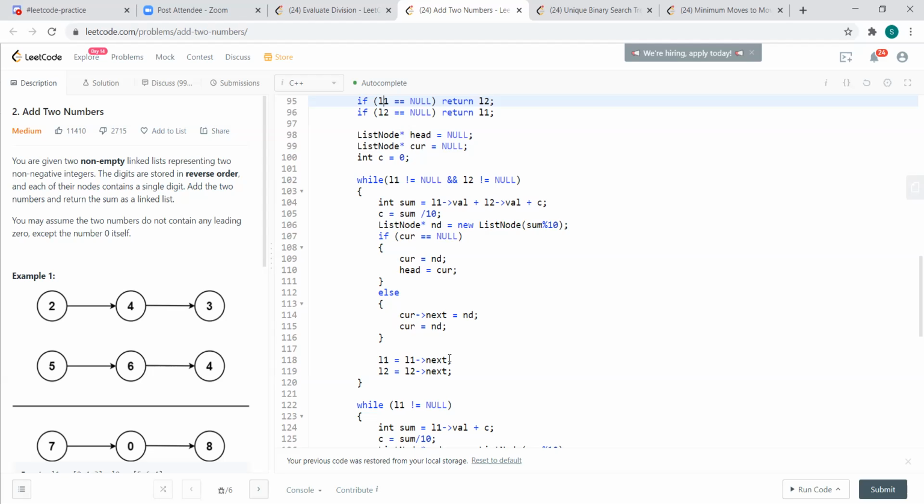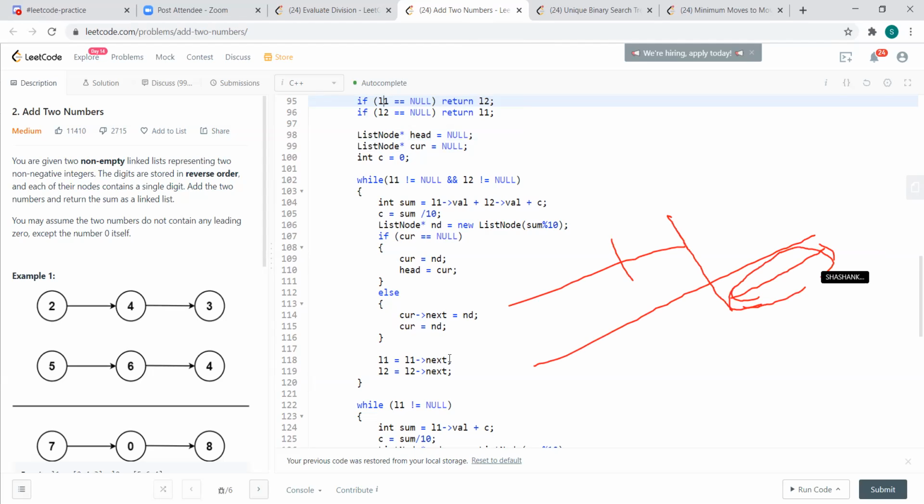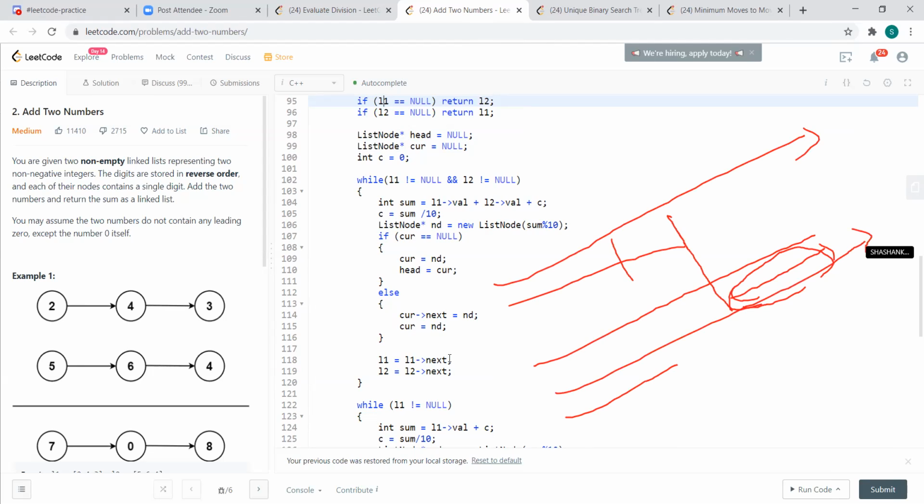Yeah, it's one way of doing it. But the passes will be more, right? See, what he's doing with L1 is that he has covered this portion. Now let's say the first list got over at this point. Now he's checking whether L2 is left or not. So he's not covering it two times. But what Srinu is telling is, first you get the length of this list and the length of this list, and whichever is max, you keep on adding till then, something like that, right?